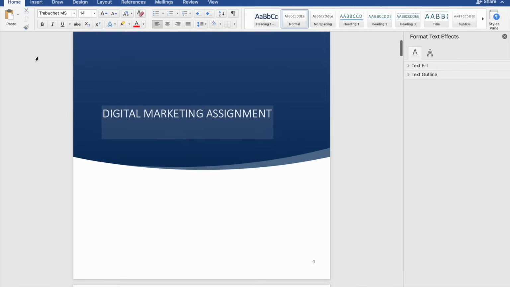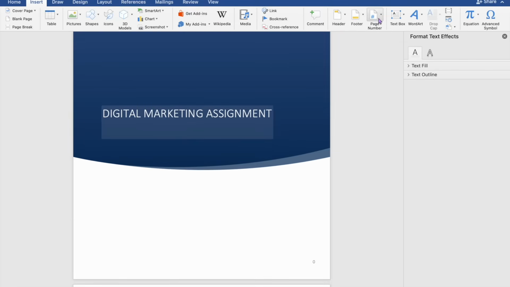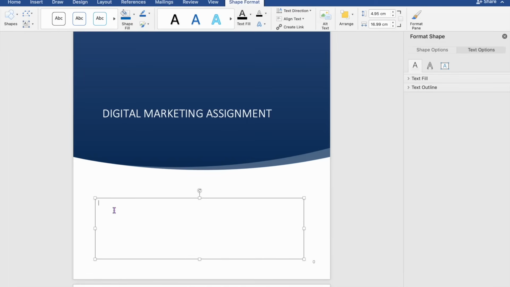So what I do usually is, after I remove this, I go to the insert page and I do text box, and I say draw text box, and I draw it right here. So here I use all caps. I say module code, whatever it is, 7SSMM512, then module, then